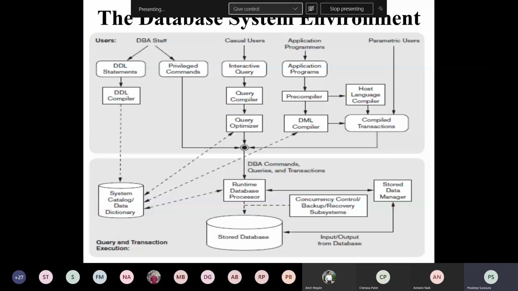So it is the job of the recovery manager to take the data to a specific consistent state. To play with all these, the data manager comes into the picture. If data is stored properly, every time the data has to be brought in a specific manner, all that is taken care of by the stored data manager.